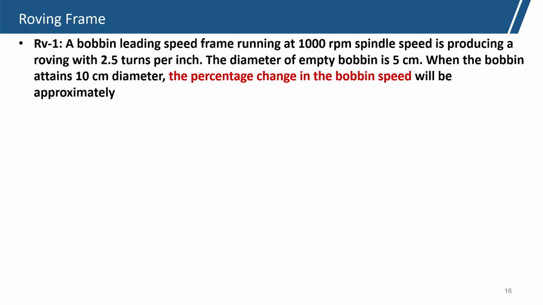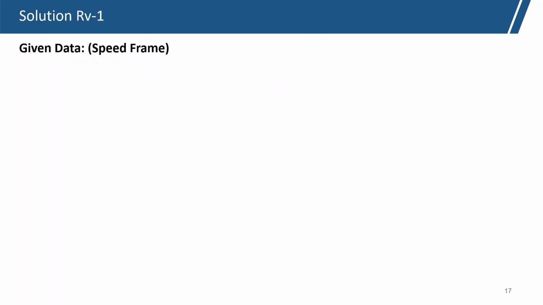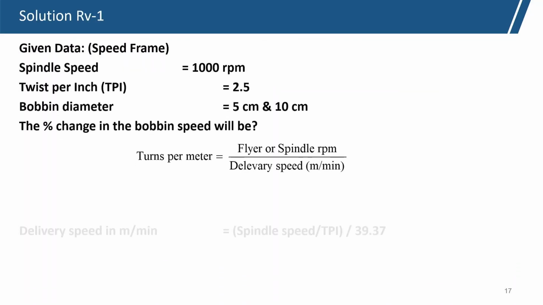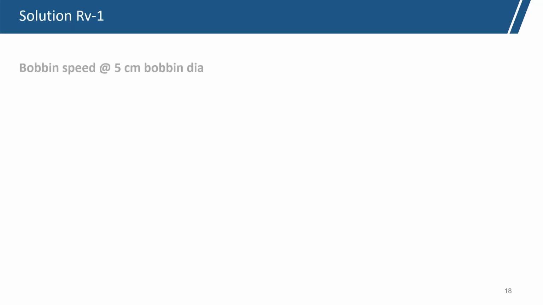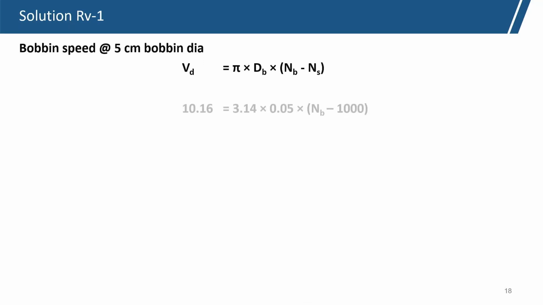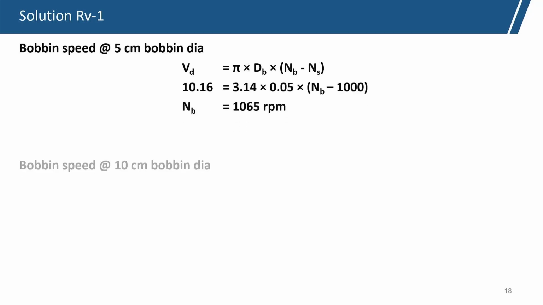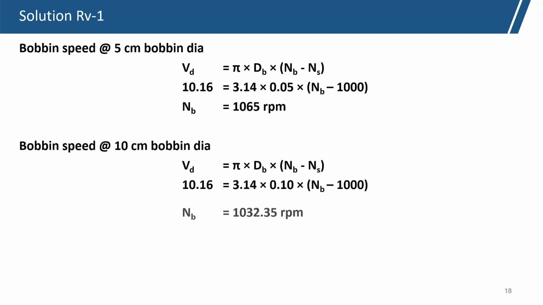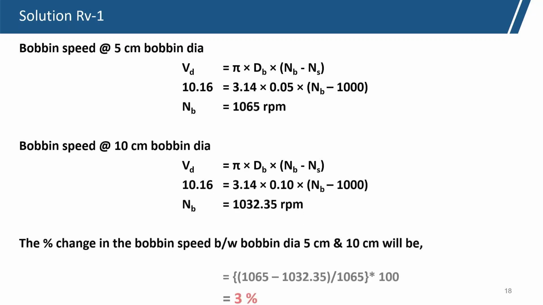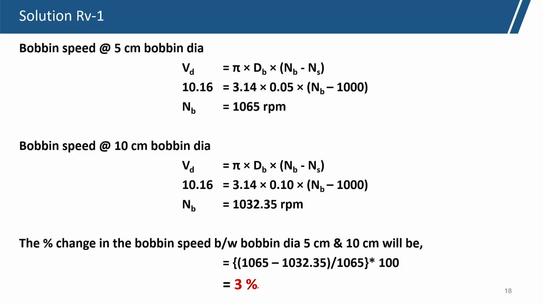So, that we have already done. We have done the detailed calculation in the last class, and we have observed that the decrease in bobbin rpm was 3%. Okay. That was the answer, it was 3%. Now, next numerical,